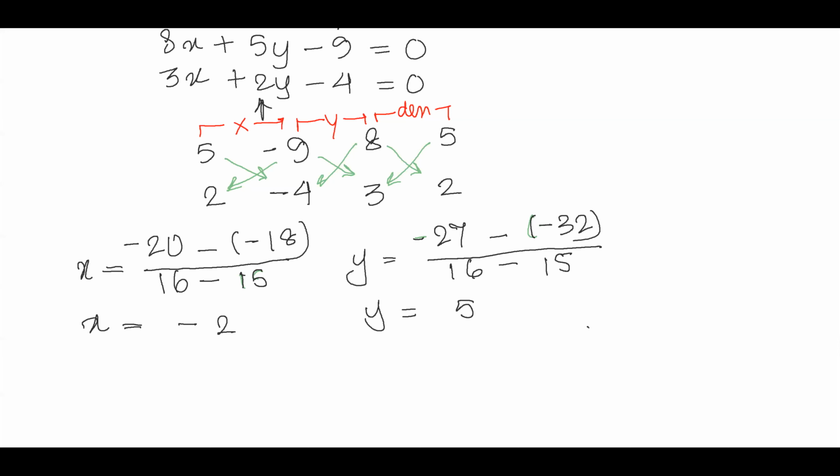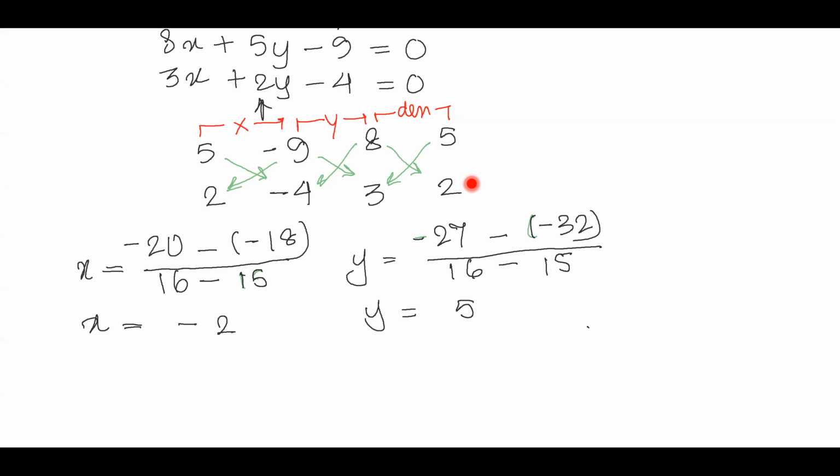And then we start arranging the coefficients, starting from the middle coefficients 5, 2. You start from 5, 2, then move to the right. You get minus 9, minus 4. You write minus 9, minus 4. And then you come back to the x coefficients, that is 8, 3. And then you stop where you started, that is 5, 2. See, you started from 5, 2, and then you ended up at 5, 2.